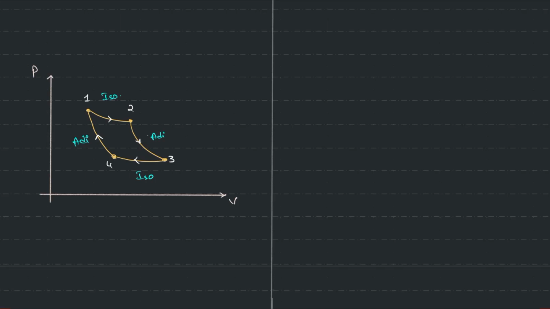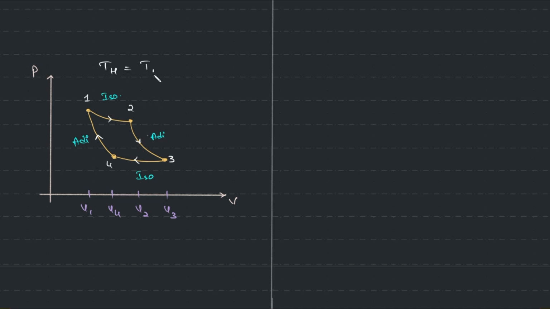Let's derive this out. So first thing is, we are dividing a Carnot cycle into 4 parts: isothermal expansion, adiabatic, isothermal and adiabatic. And we are calling it 1, 2, 3, 4, the significant pressure and volume values that we are dealing with. So one key thing that we need to make a note of is, this is volume 1. Here we have volume 4, volume 2 and volume 3. To keep track of the temperature,